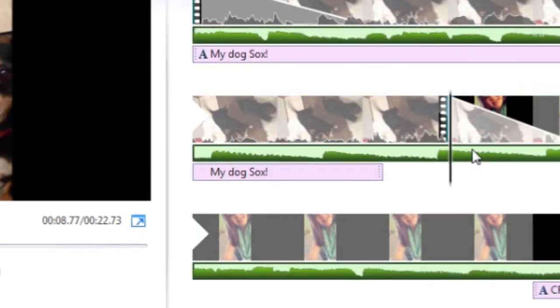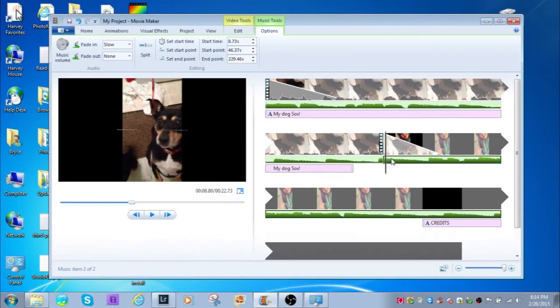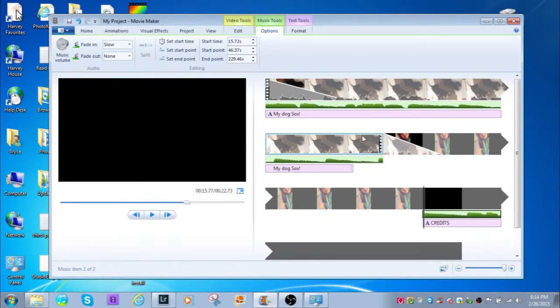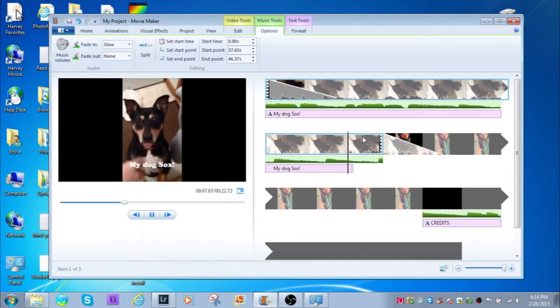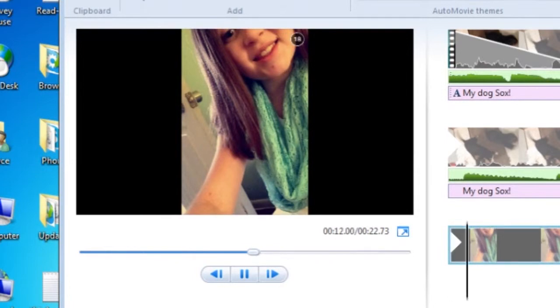So I click on the green track, which is my song, drag my playhead over here, then push M to split. Now that I have two different songs, I can take this and say I want it to start right here. And there we go. Now, when I play my video back,